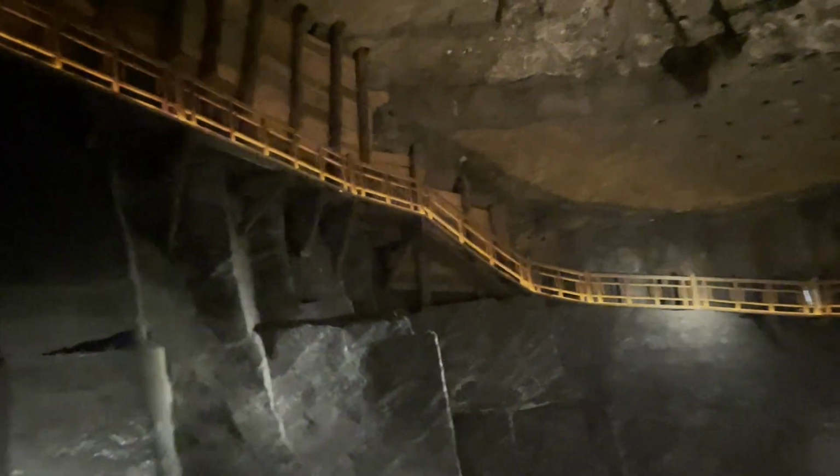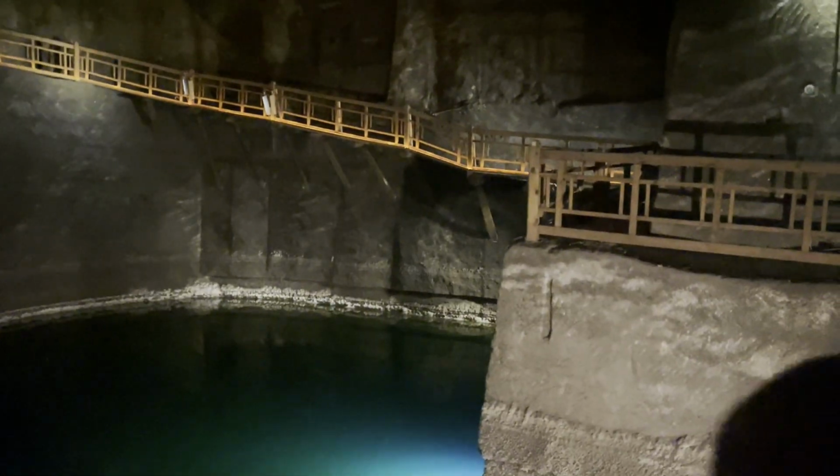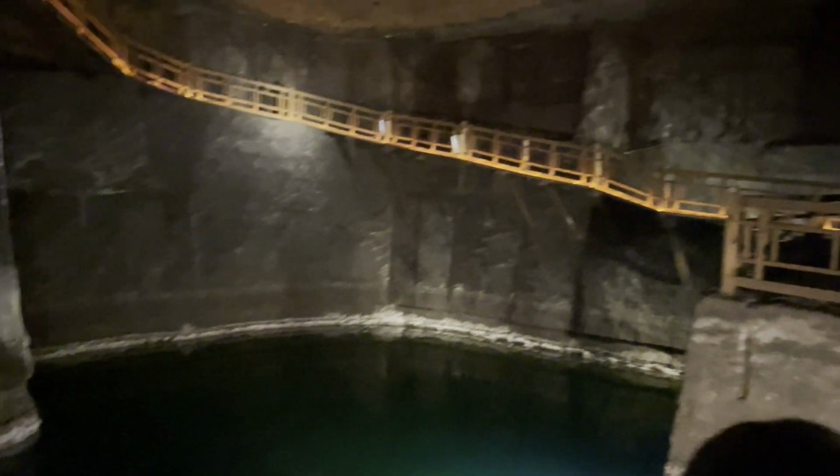Excavated in the 19th century, and then a lake was created here. It's an artificial lake. We created it as a decoration. It's quite deep in the central part. The lake is almost 9 meters deep. This is highly saturated brine, so if you fall into water,